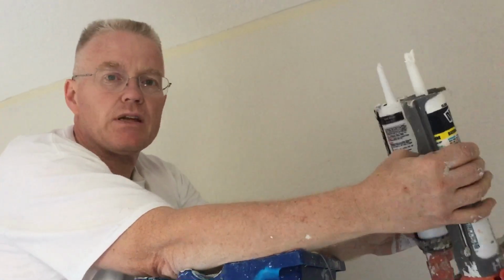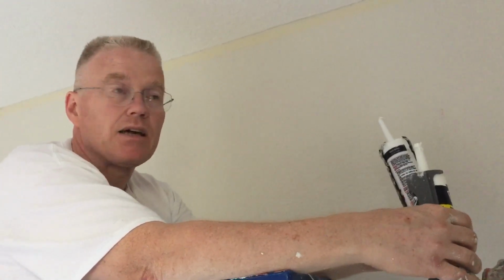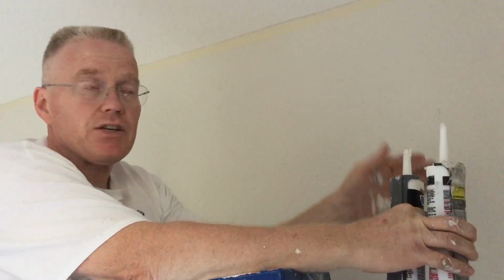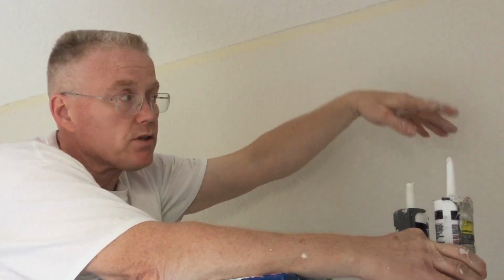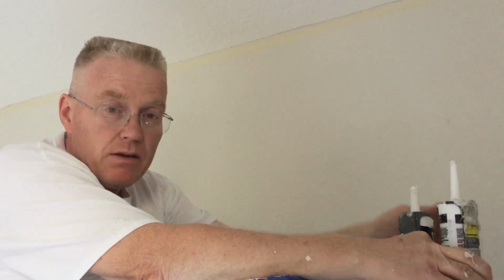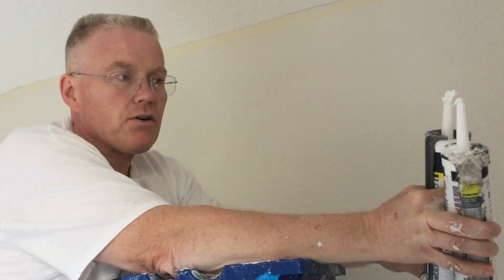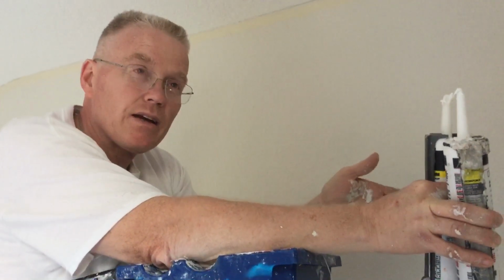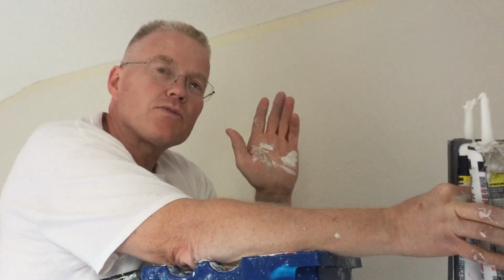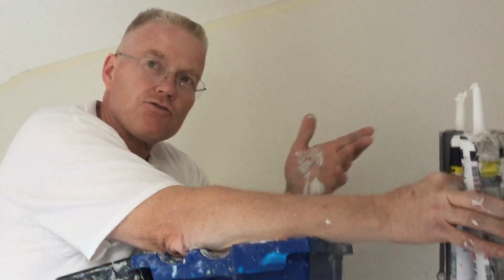I'll do a separate video on why we use clear caulking when we're masking. For example, I'll just tell you quickly that if you were to paint this wall maroon and the other side of it beige, and you tape down the middle of it, you'd want to use clear caulking. And some of you out there know why. And that's because when you pull the tape back and no paint got underneath the tape, you don't see white caulking color, you just see clear. And it's translucent,